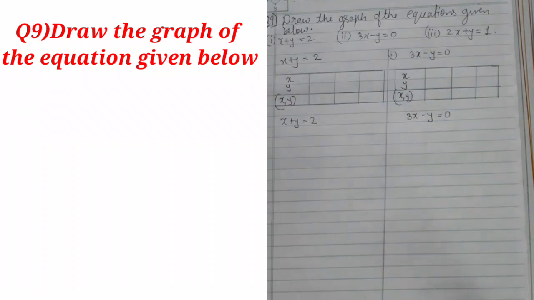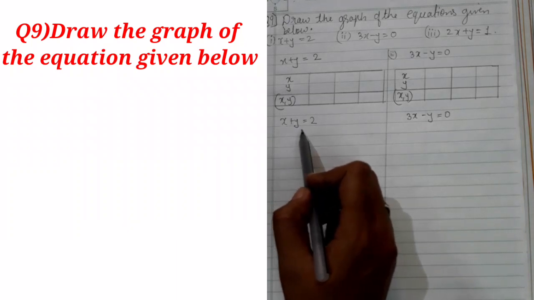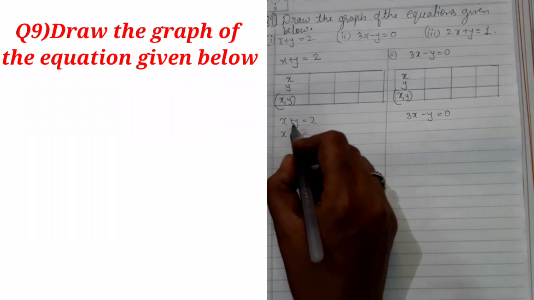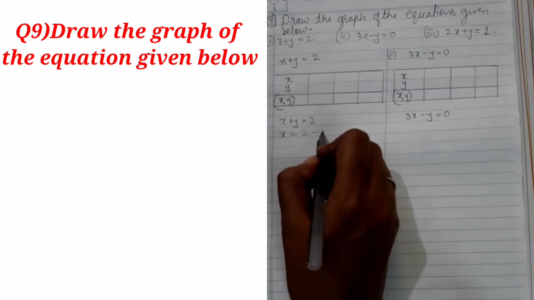So to draw a graph, we have to solve these equations with the given variables and numbers. Students, here I have to assume values between 1 to 5 positive numbers, including 0 and down to negative 5. So it depends on you. You can take numbers between minus 5 and positive 5, including 0. So the first equation is x plus y equal to 2. So what I will do, first of all, I will solve for x: x equal to 2, and the positive y will become negative y.